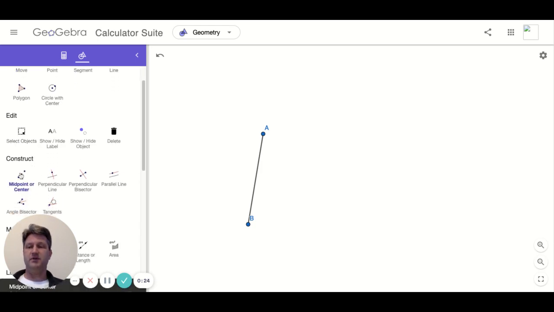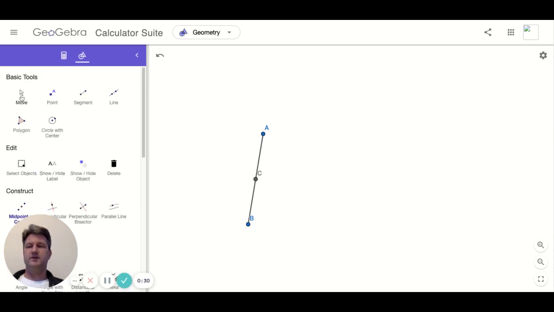actually has a thing that says, give me a midpoint. So I can click on this, and it'll tell me, boom, right there's the midpoint. One of the cool things too is if I move it around, it automatically calculates where that midpoint is. Now that's all well and good, except I want to be even cooler and look at the midpoint of a